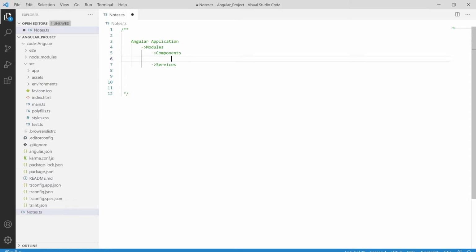And components are simply made up of three main categories: your HTML file, or you can also say view file, and a class file, which is the TS file.